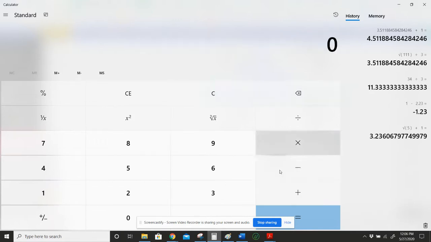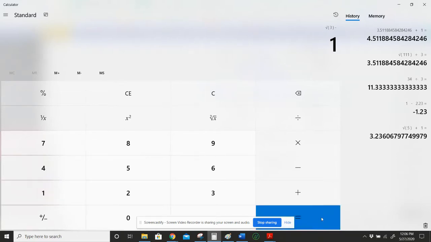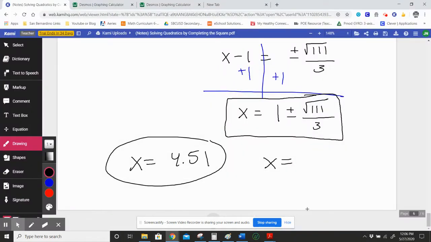Oh, gosh, it's so frustrating. And then basically make that negative. So that'll give you 0.73. Sorry, I did that math kind of weird. Negative 0.73. Anyways, if you have a better calculator instead of using this crappy one that's on my PC,